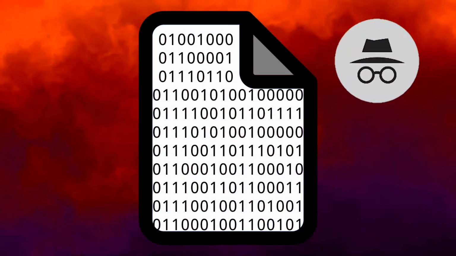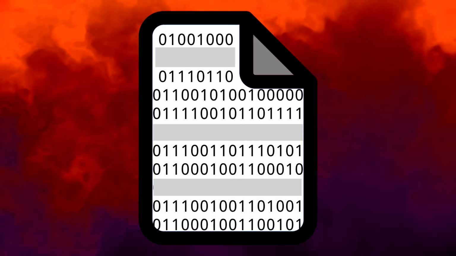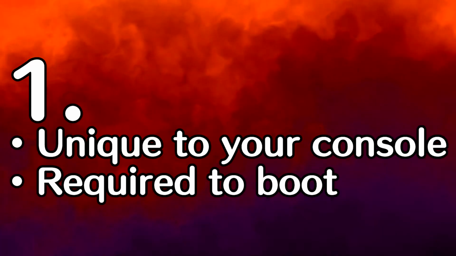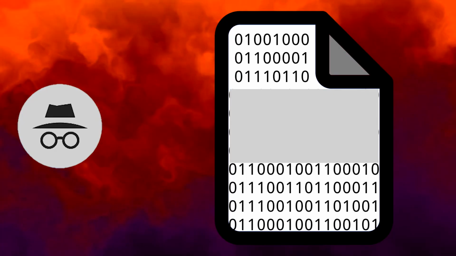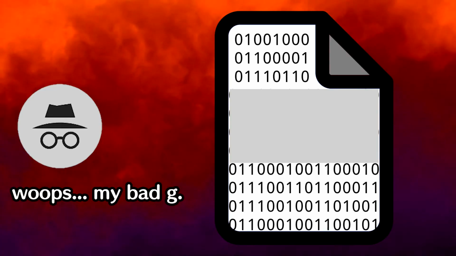Incognito works by blanking parts of your console's prod info. Incognito is not recommended for many reasons. For one, your prod info is unique data to your console and is required for it to boot. If Incognito malfunctions and writes the data in the wrong spot, and you don't have a backup of the original prod info, it can result in damage to your device, as worse as a brick and